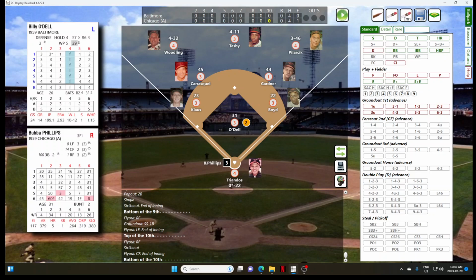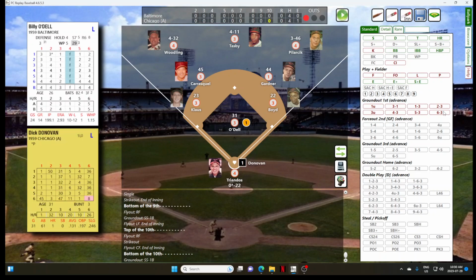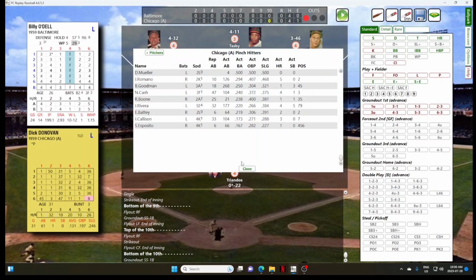Same thing. I think we'll keep Billy Odell, who is batting second in the next inning. So again, Billy Odell will stay in the game. And Bubba Phillips will ground it to short for the first out of the inning. Dick Donovan will come out. Absolutely fantastic. And the pinch hitter will be, and you hear all the players on the roster. So against the left-hander,